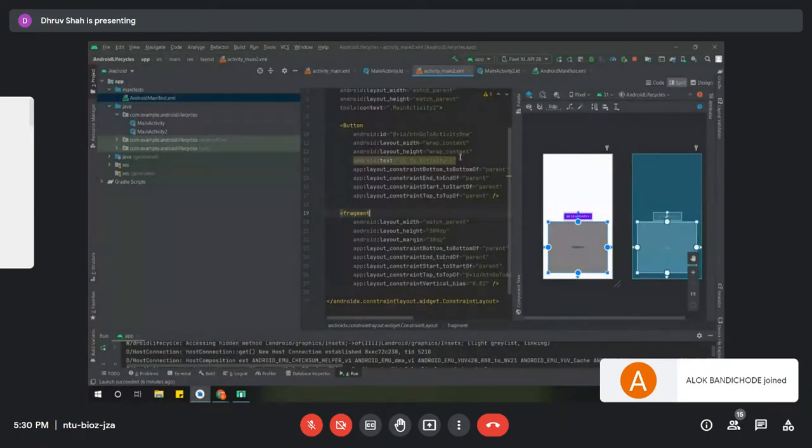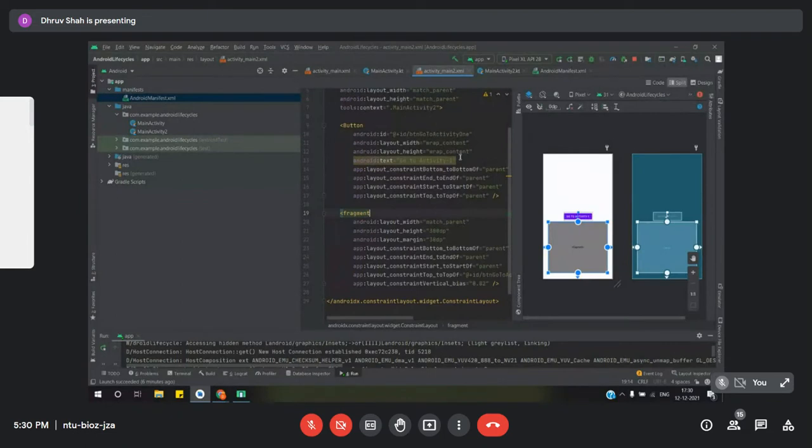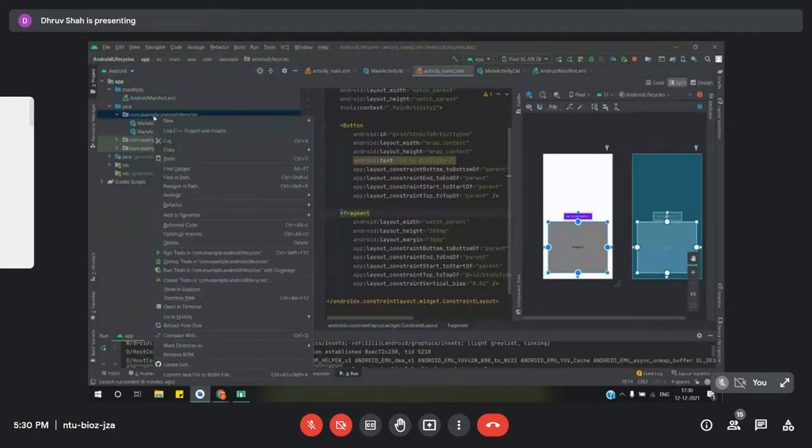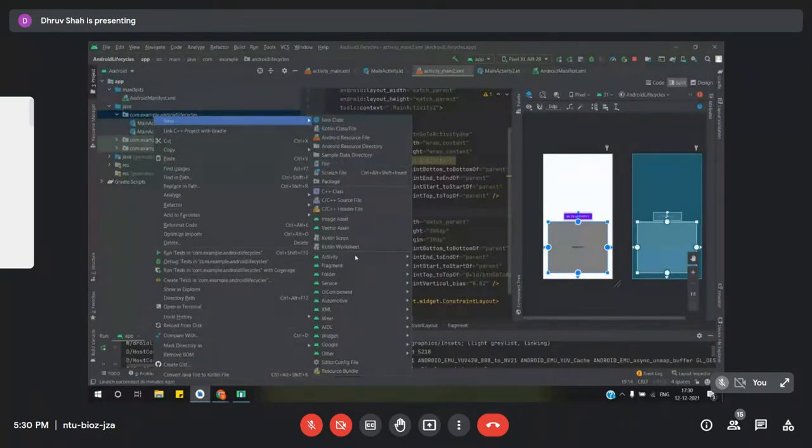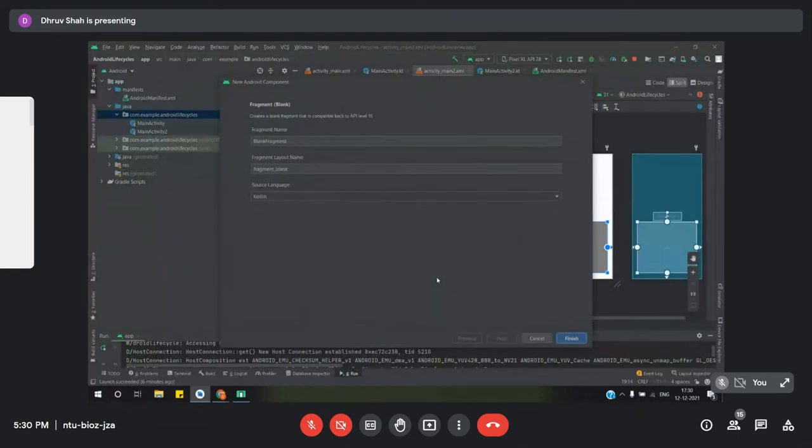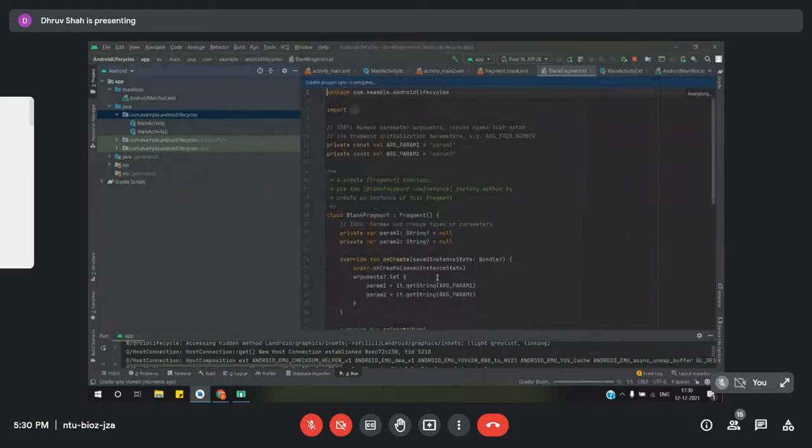So to create a fragment, you need to create a fragment class. Like you have created a class for each and every activity, you need to create a different and separate class for each fragment as well. So you do that from here only. We go to new, we go to fragment here, and you choose the type of the fragment that you want to create. For us, we just want to create a blank fragment. We choose the blank fragment option, and let's just keep the name to its default.